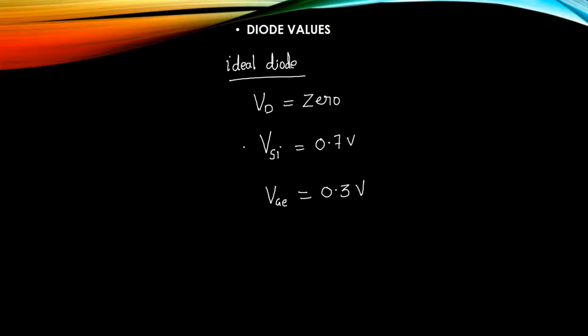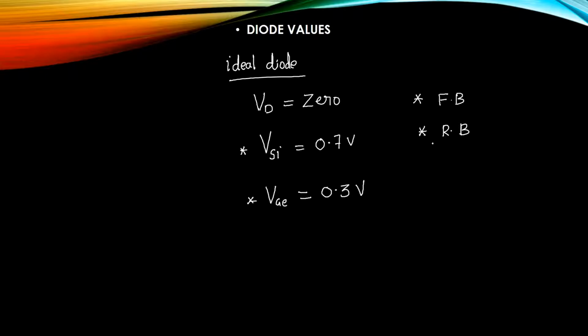These are the points which you have to remember while solving the problems. He will mention that voltage across silicon is 0.7 and across germanium is 0.3, but still you have to remember this. And the next important thing regarding the PN junction diode is that current flows only in forward bias. In case of forward bias only, current will be flowing, whereas in case of reverse bias, no current flows in a PN junction diode.